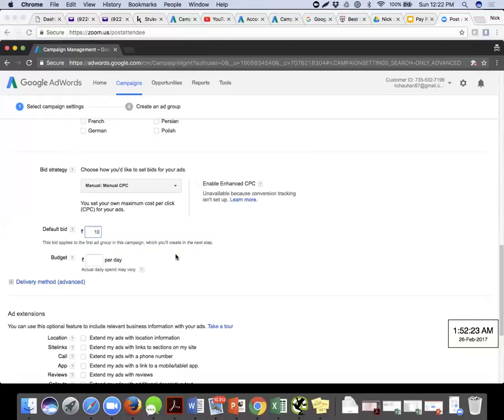I'm not saying it's guaranteed that it will be there on the first page, but the chances are going to be there. You'll have data to play around with. You will be able to see the quality score after some interval of time. Then slowly and steadily improve your campaigns from the quality score perspective.